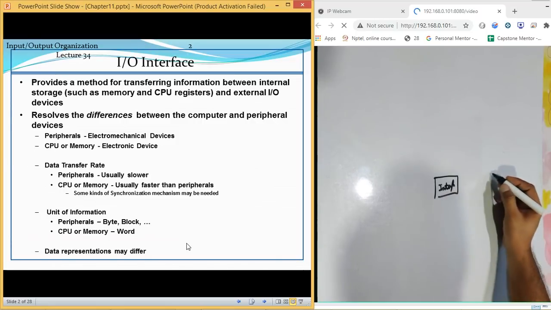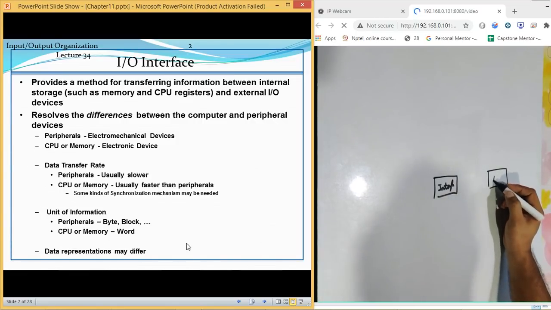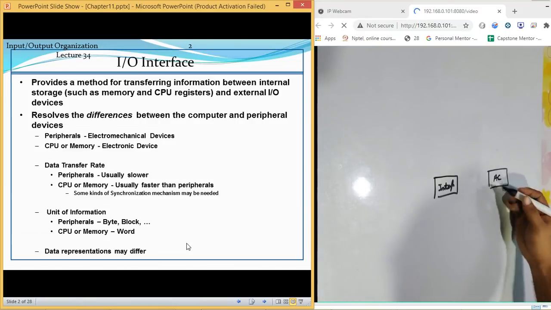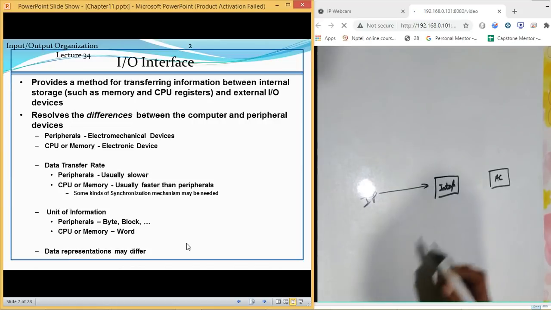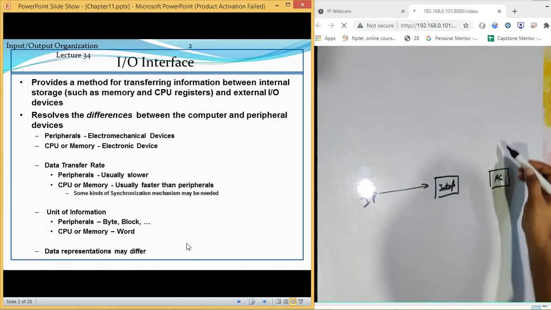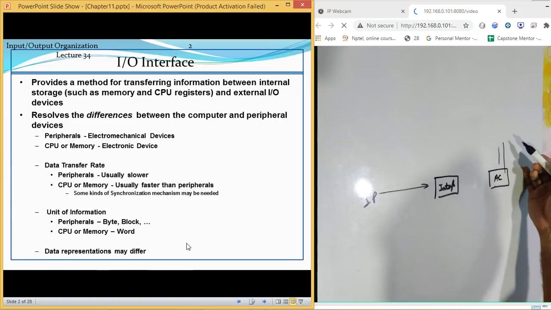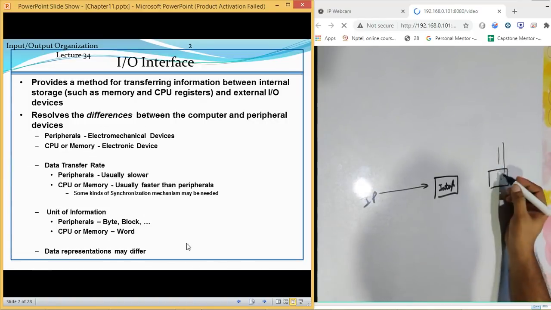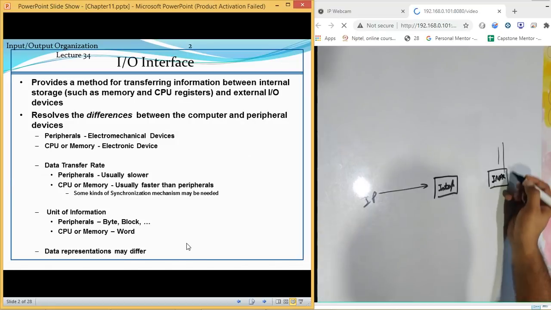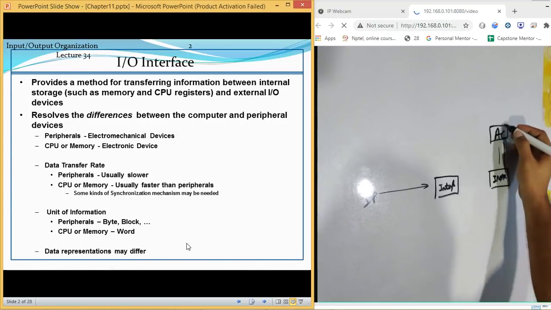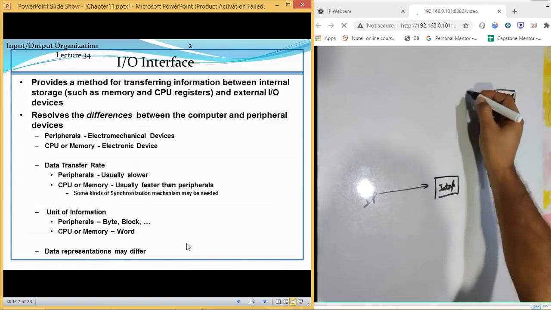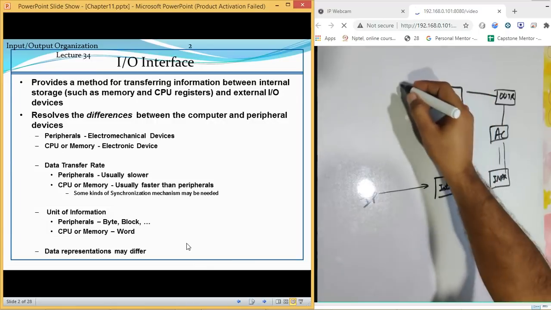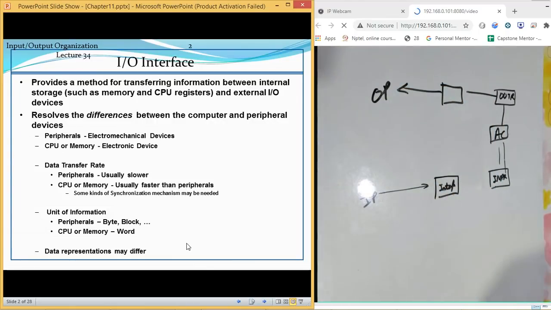This is an interface, and it was connected with the CPU, and the CPU was typically connected with the accumulator. Then we were having input output devices on this side, interface, then accumulator. Then there were certain transfers which happen, or this is connected with INPR. Then INPR is connected with AC. Then AC is connected with OUTR, and then it was again connected with the interface, and then we were having an output device. So there were certain things which we have discussed in the last classes.